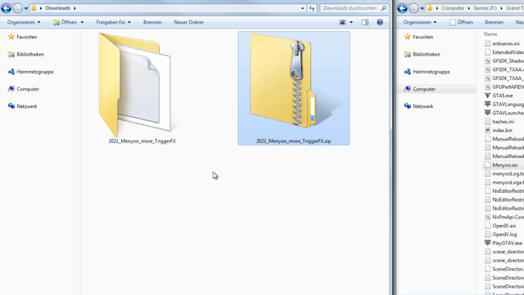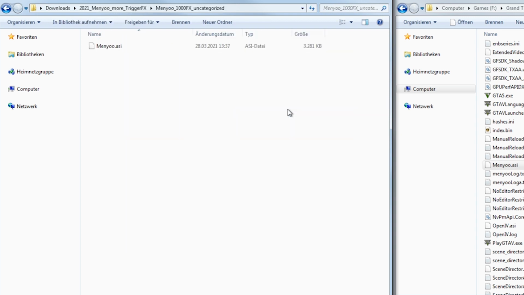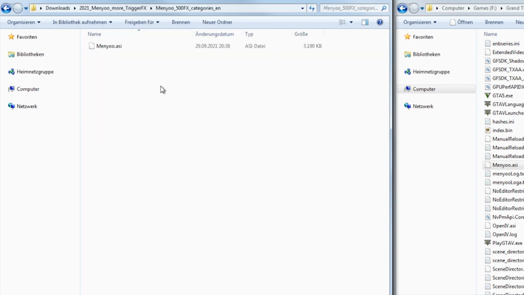In the download you will find a modified version of Menu PC. Well, actually you get to choose between two files here. One menu version contains almost 1000 effects in the list, but they are sorted alphabetically and the list isn't curated. The other file has only about 500 effects, but they are neatly sorted into categories. Also, broken entries and duplicates are removed from the list there. For the tutorial we'll be working with this one.